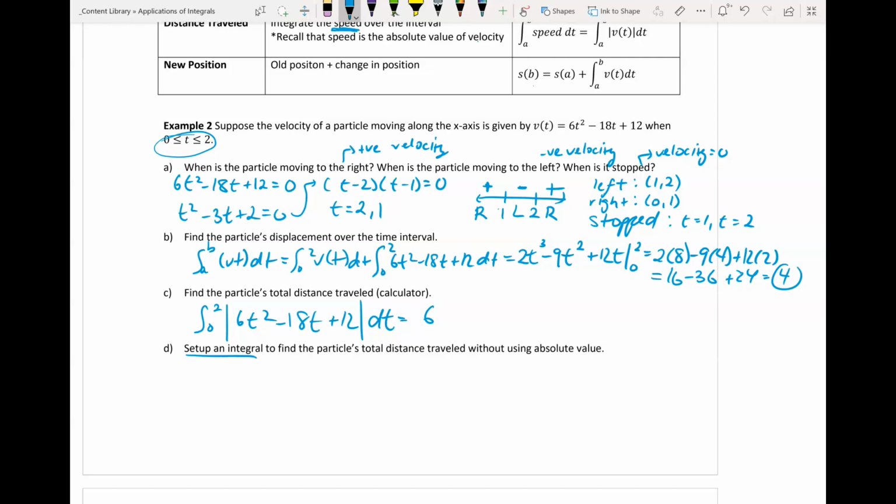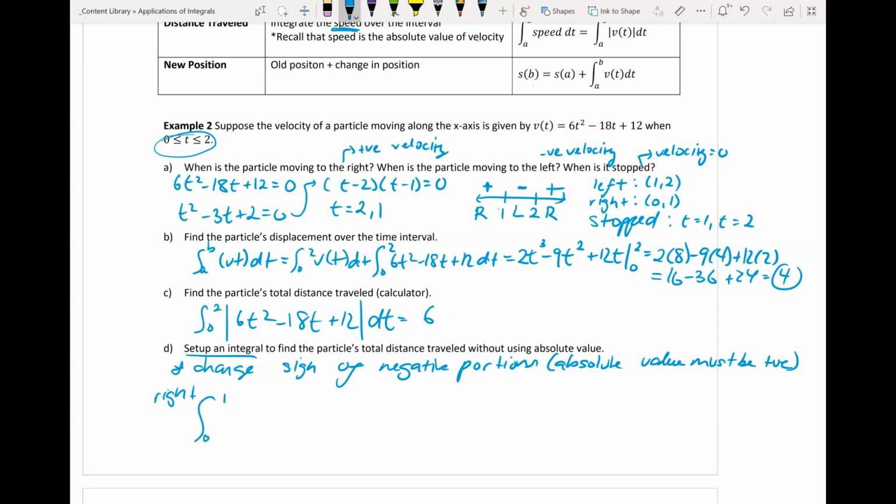So this means we need to change the sign of any negative portions because absolute values will always be positive. So we're going to change the sign of any negative portions, and that's because the absolute value must be positive. So if we think about our time interval to the right, which is positive already, that's going to be from 0 to 1, according to example 2a. It's going to be positive of v of t dt